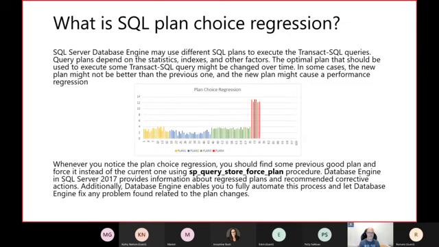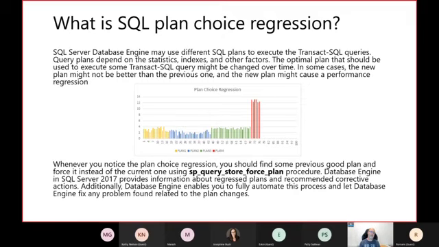So how do we see this plan regression situation? We have this report, for example, that has plan 1, then it changed to plan 2, plan 3, and eventually plan 4, because when SQL Server comes up with the execution plan, it's trying to get the best plan in the least amount of time. That doesn't mean that it is the best of all the plans, right? So it's doing its best effort to come up with a really good plan, but not all the time does it happen. So this is when we see this regression.